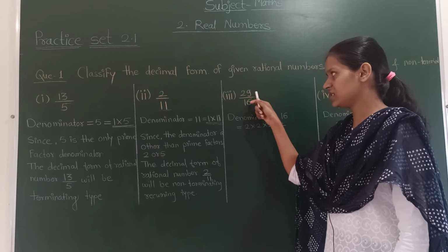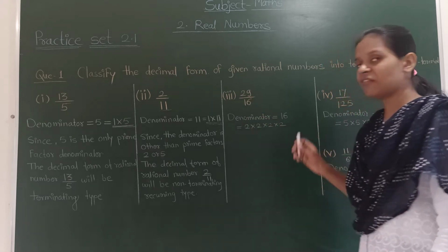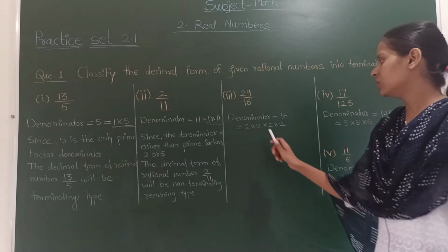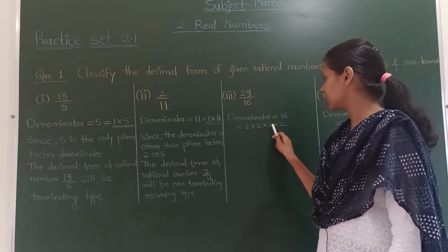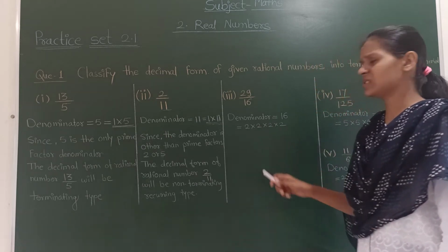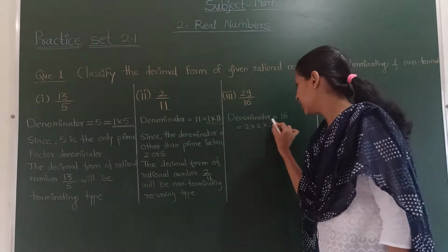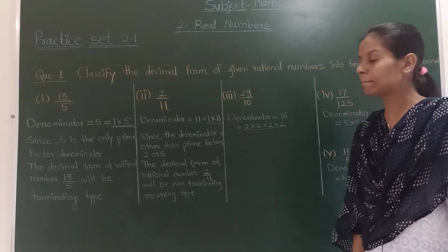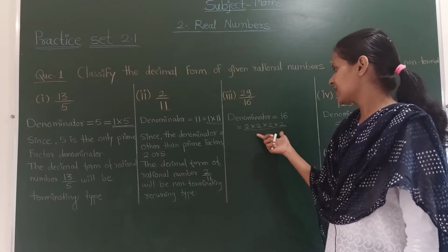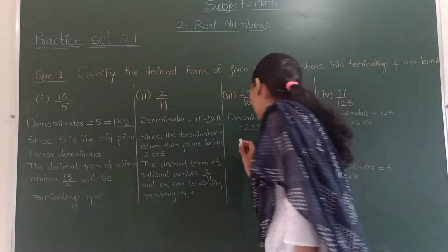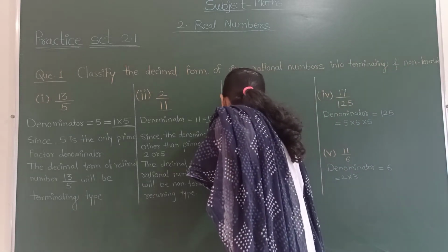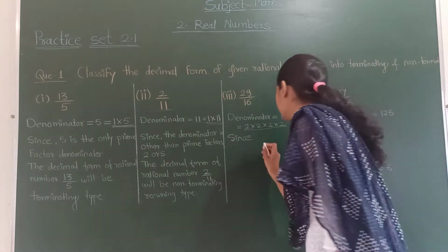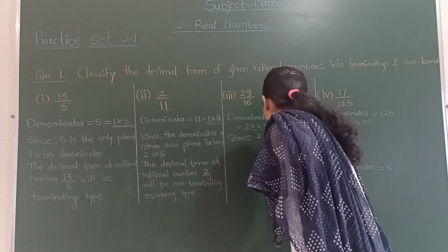The denominator of this fraction is 16. Then we will factorize the 16. How we will do that? 2 into 2 into 2 into 2. You can count 2 twos are 4, 4 twos are 8 and 8 twos are 16. Therefore, the factorization of 16 will be 2 into 2 into 2 into 2. Then you can see, since 2 is the only prime factor,